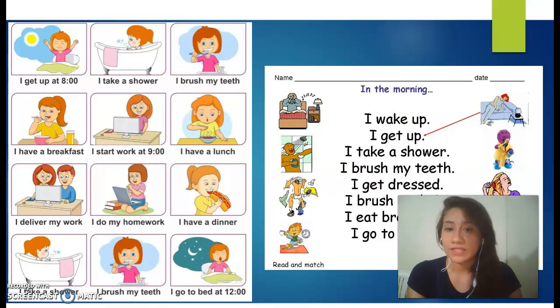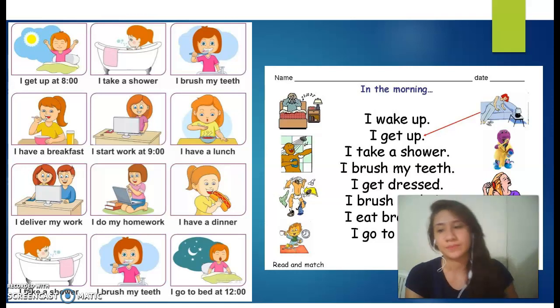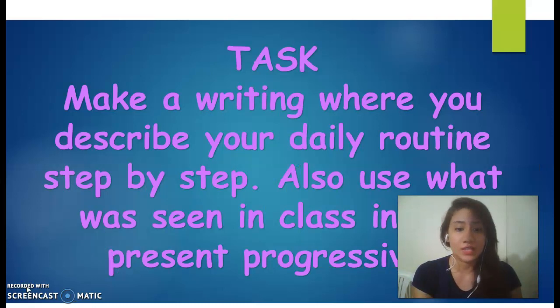On the left side there is an example of vocabulary to write the daily routine, and on the right side there is a short exercise to match the sentence with the image that represents and corresponds to it. And finally, as homework, students must put into practice what they have learned and must write their daily routine.